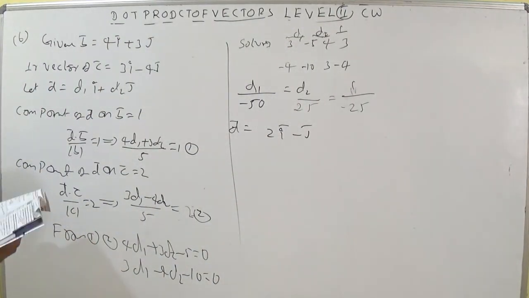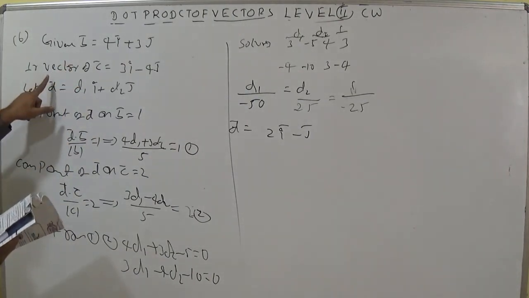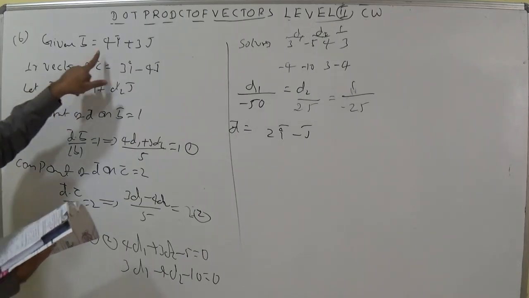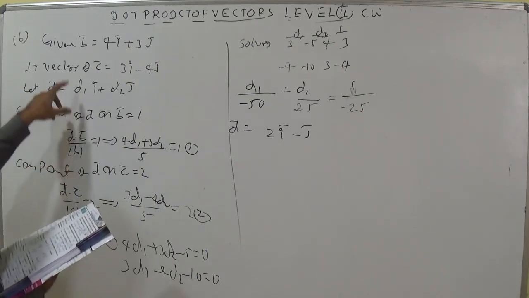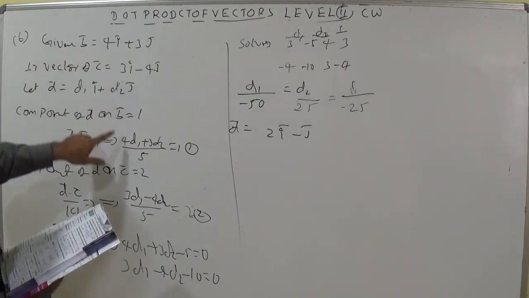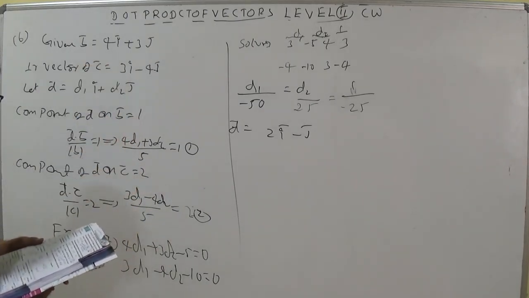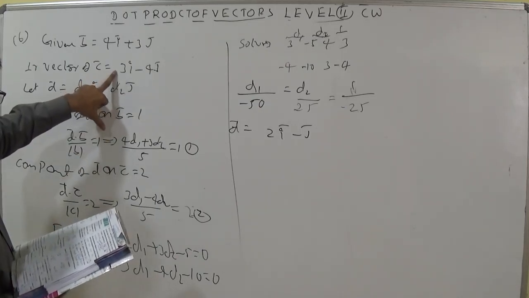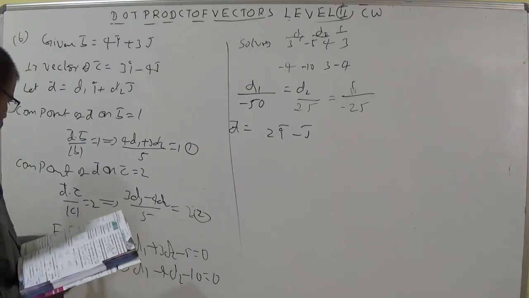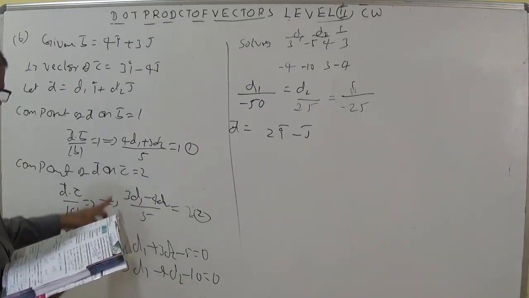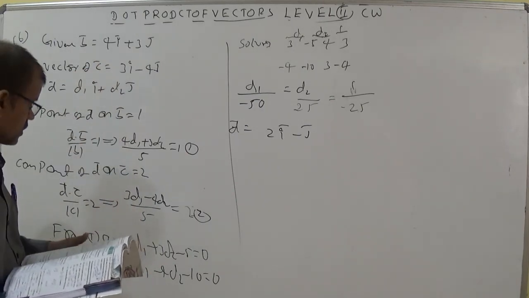b equal to 4i plus 3j, vector given. Vector perpendicular, each in the xy plane, a vector c bar. I thought this one as 3i minus 4j, we can think, no problem. The component of d bar on b bar is 1: 4d1 plus 3d2 by 5, mod b, it's okay, is equal to 1. And 3d1 minus 4d2 by 5 is equal to 2, it's also okay. The component 2 is given: 4d1 plus 3d2 minus 5 and 3d1 minus 4d2 minus 10 equal to 0.